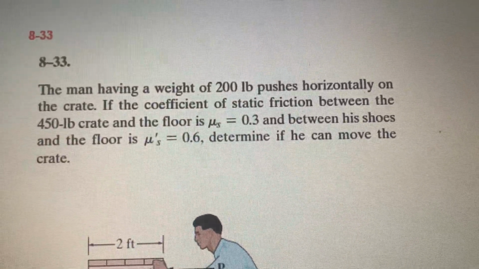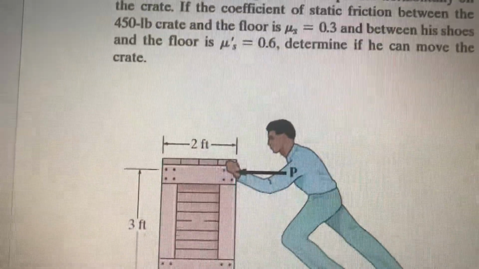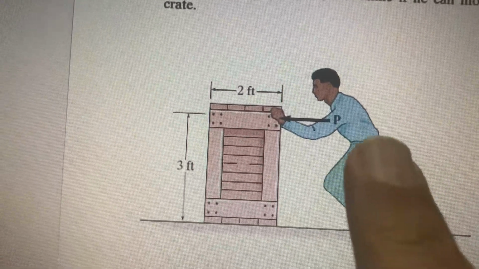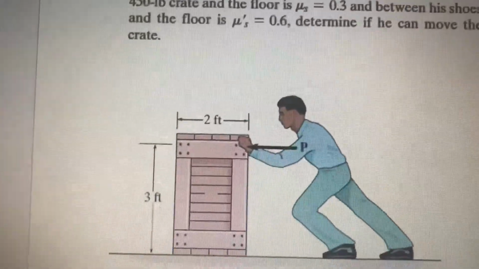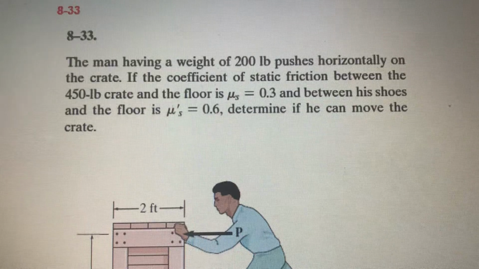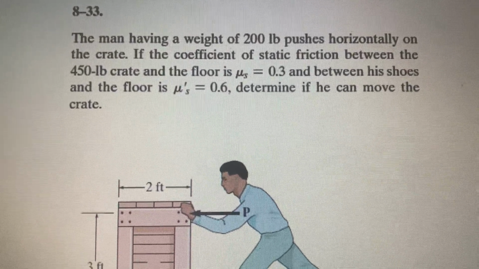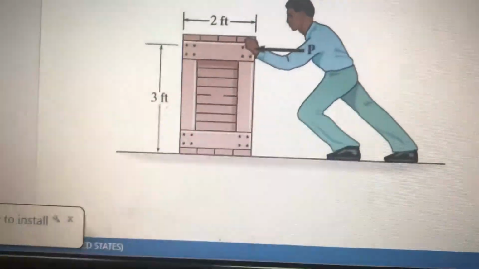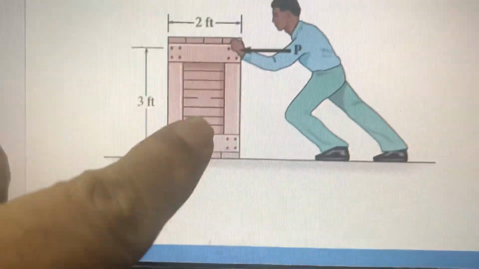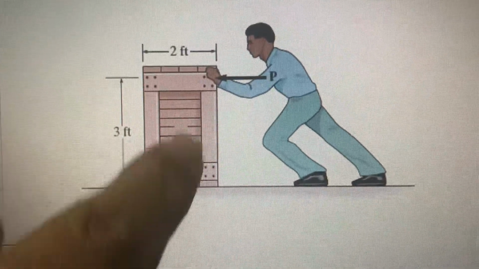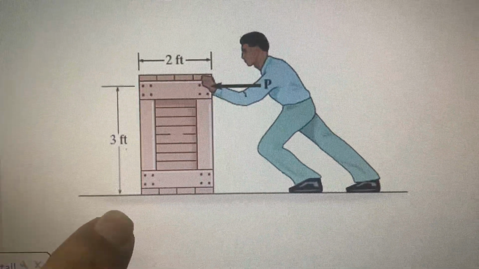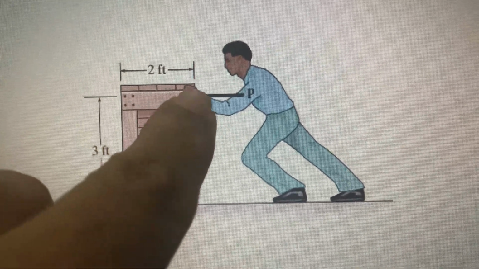He pushes horizontally on the crate, so he's pushing horizontally, you can see it horizontally with the force P on this crate. If the coefficient of static friction between the 450 pound crate, so this crate is 450 pounds, it's going down, it has a dimension of 2 times 3 feet. 3 feet is from the force,